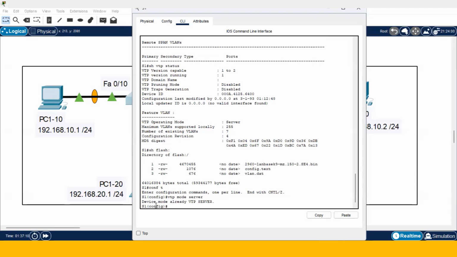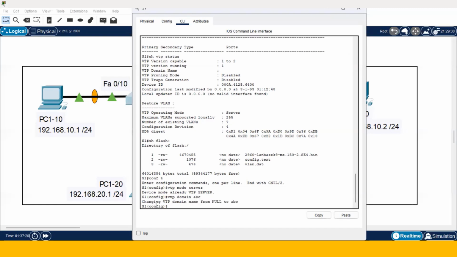And then I'm going to create a domain, a VTP domain. I'm going to call it ABC. A domain called ABC is created, and I'm going to perform the